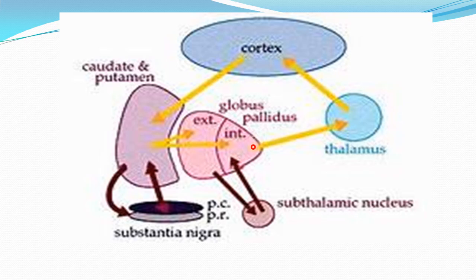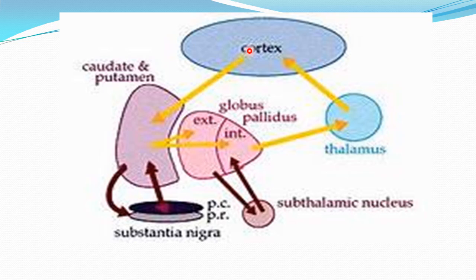So there is a circuit which causes this fiber to be inhibited so that impulse passes from thalamus to the cortex. Basic function is that. How to inhibit this fiber? It is basically an inhibitor of thalamus. This internal pallidal to thalamus is inhibitory fibers. The circuit causes the inhibition or stoppage of these nerve fibers releasing GABA in the thalamus. Basic function is that. How these nerve fibers are inhibited is the circuit.